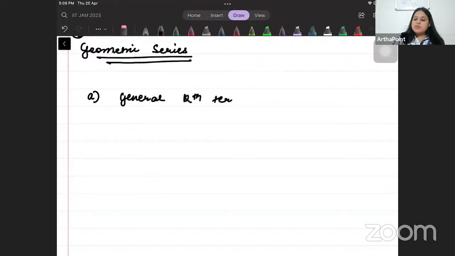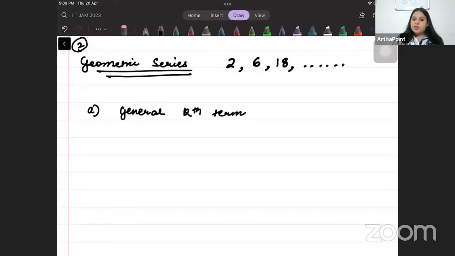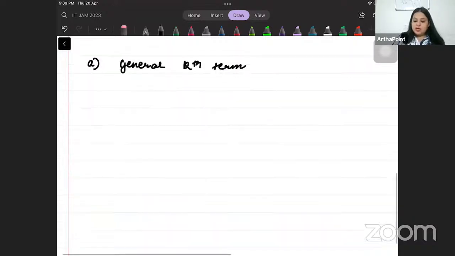What is a geometric series, beta? A geometric series has a common ratio, like 2, and then 2 is multiplied by 3, so 6, then 6 is multiplied by 3, then 18, then 18 is multiplied by 3, and so on. So if you divide, you get a common ratio. So in this case, the general kth term, UK, can be written as A into R to the power K